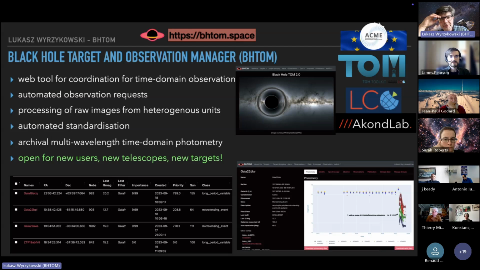It was open source code, and we developed it together with them to fit our needs, because our network is very heterogeneous in contrast to the LCO network, which is very homogeneous. So we made this, we call it Black Hole TOM because it's a nice name. We observe black holes, but not only, of course, but we can have this nice logo. bhtom.space is an easy address to remember. So essentially, this is the central place. This is the web tool where we coordinate